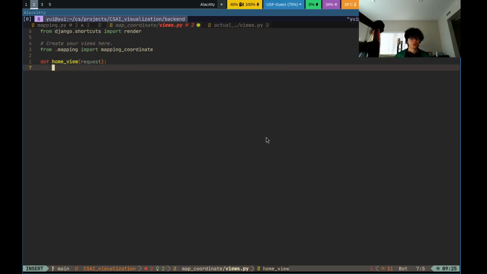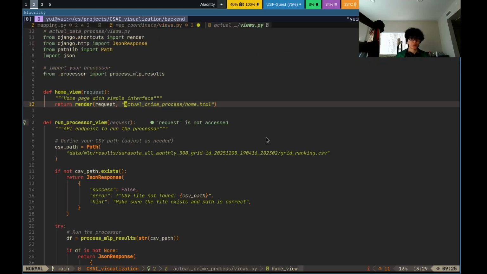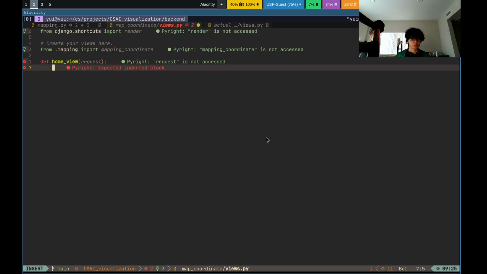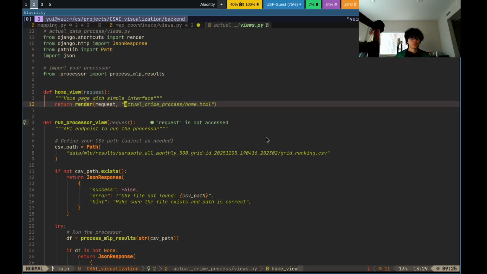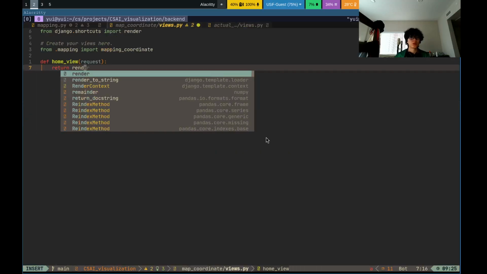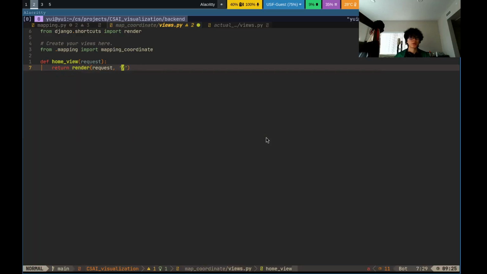So what we are creating is the home entry of this endpoint. So it's return render request, and we're going to map it with this